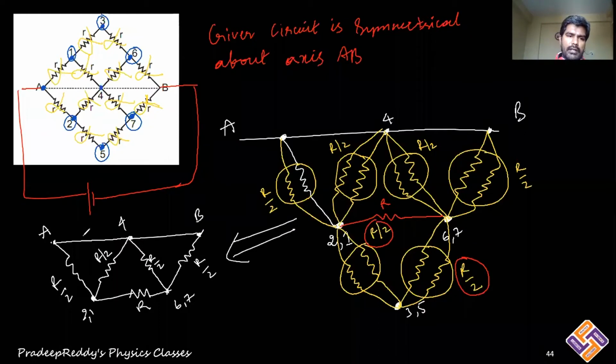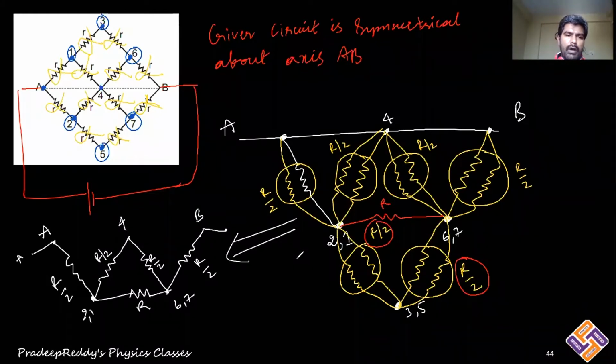And remember that between A to 4 you have a wire, and between 4 to B you have a wire, right? But even when you check the circuit, actually there is no wire. So you can just take this point A and this point B. Now you are supposed to find out the equivalent resistance in between A and B.